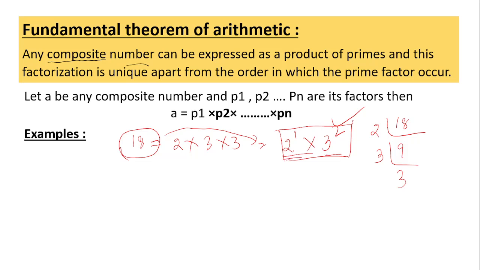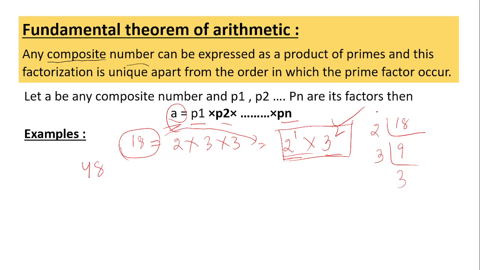So every composite number can be represented as the product of primes. So here A is a composite number and A can be represented as the product of primes, that is P1, P2 and Pn, these are the prime numbers, and A is represented as the product of these prime numbers. So let us take another example, that is